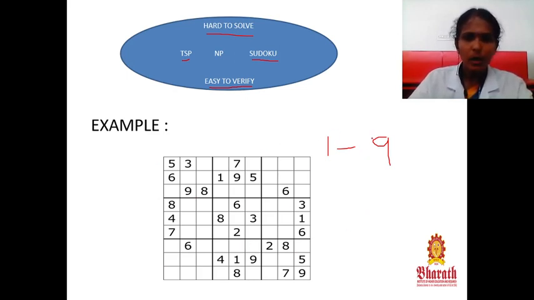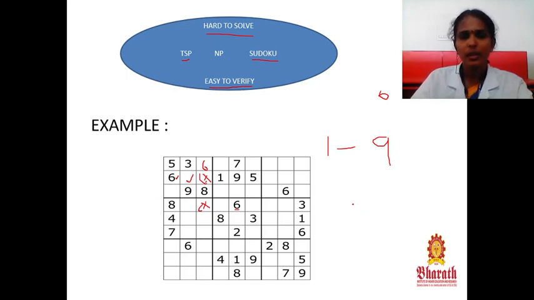So see here, how can we place 6? Where can I place 6? Check whether this row has 6 or not, and whether this column has 6 or not. This column has 6, so I cannot place it here. This column also has 6, so I cannot place it here. Coming to this one, I can place it here. If I place it here, there is already one here, so it's wrong. If I place it here, there is already one here, so it's wrong. So I can place it here.